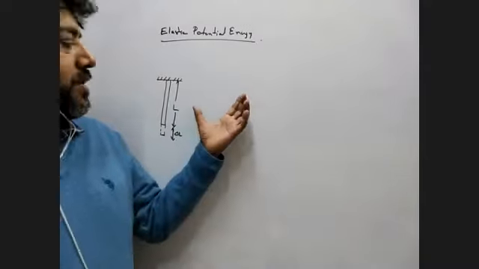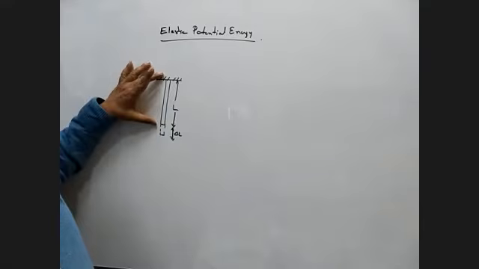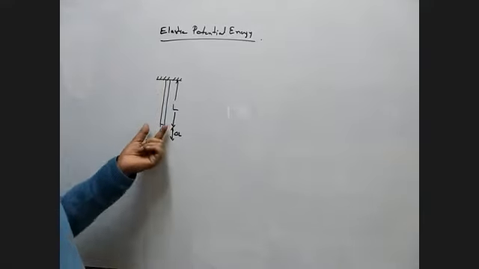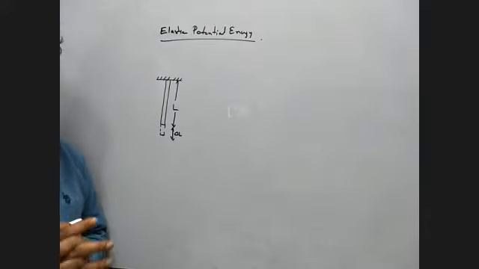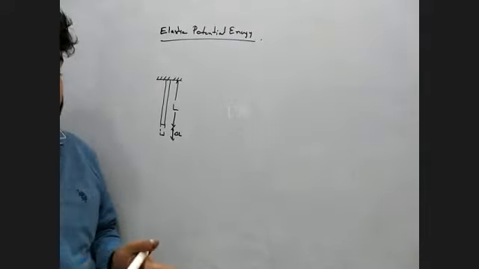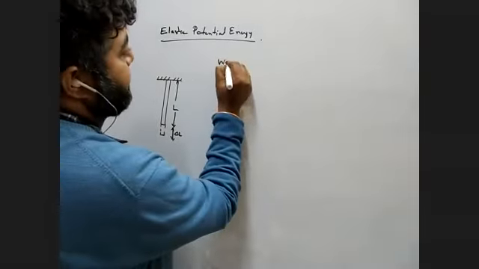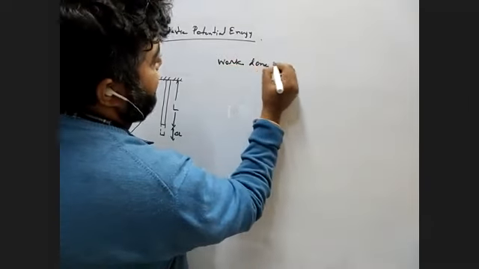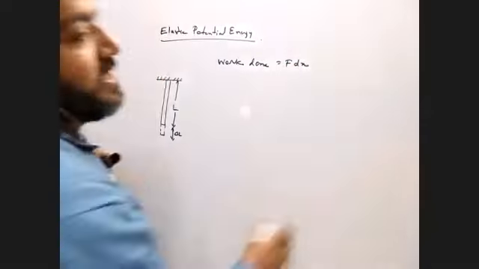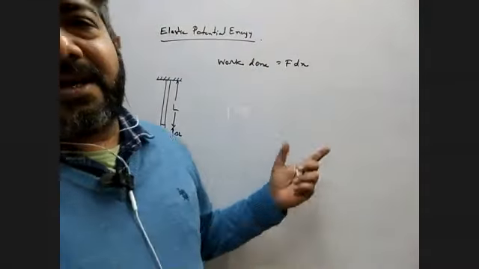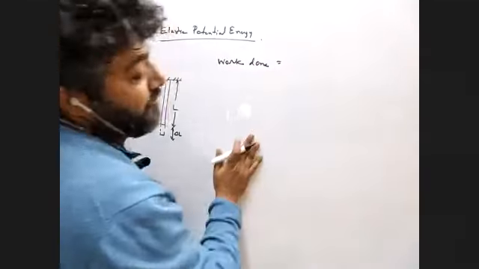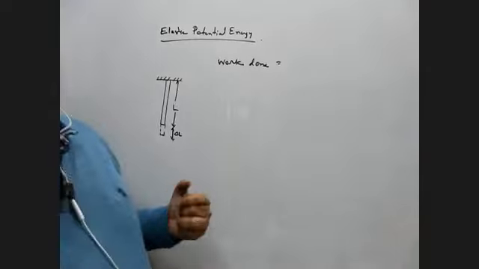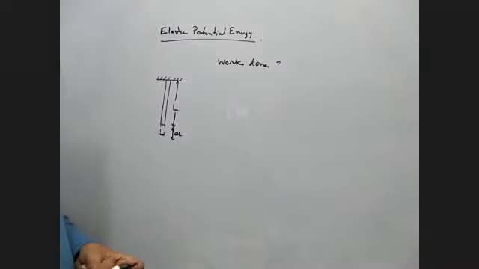So see, this is the initial position, that means no force is given. Now as well as you give the force, length is increasing. The main important part is that here the force is variable. As the force is variable, you can find work done by force into dx, and then you do the integration part. So it is quite tough. So I can show you the easiest one. Whenever your force is variable, you can use another process, because every time you're doing the integration method. So let's try one more method.